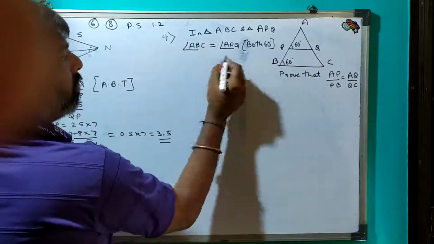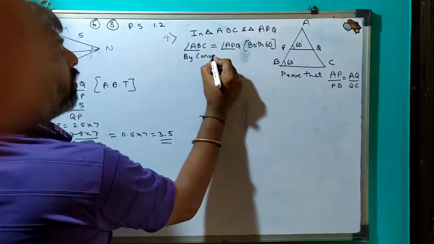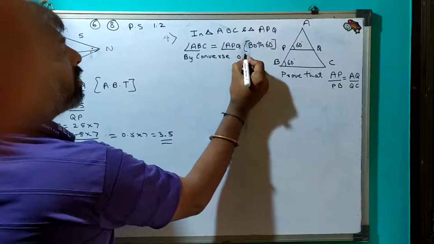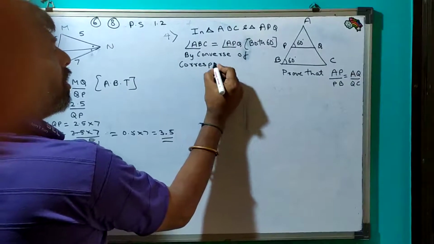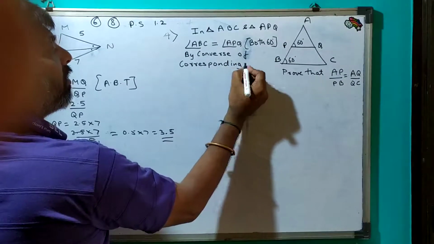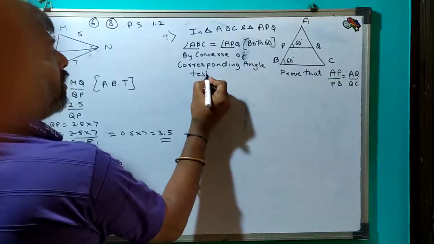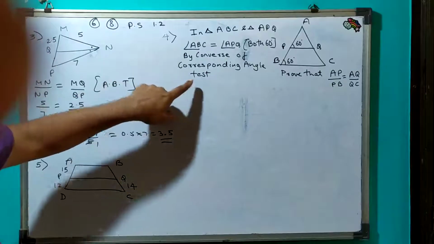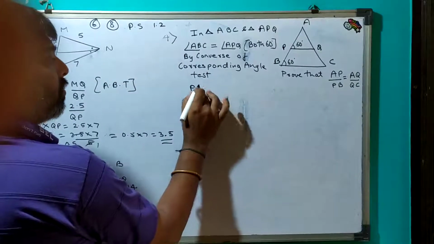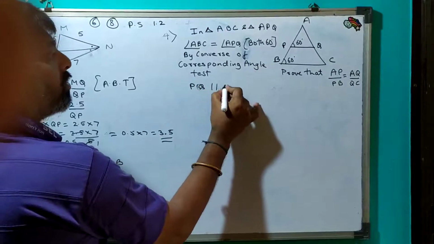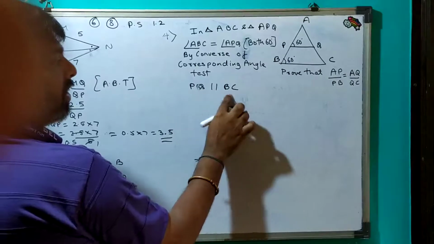by converse of corresponding angle test. By converse of corresponding angle test, I will get PQ is parallel to BC. If PQ is parallel to BC, then I can write